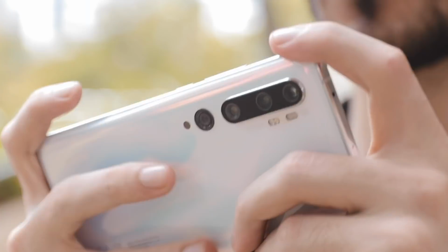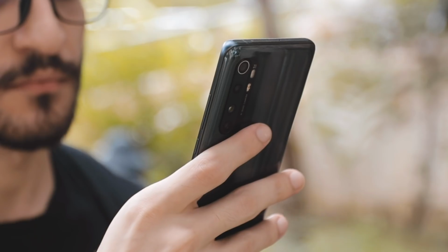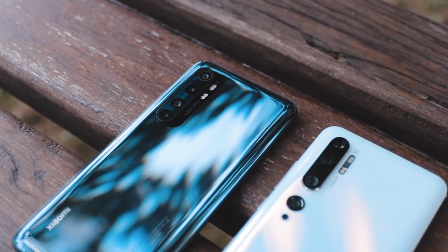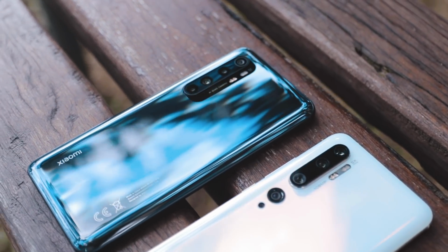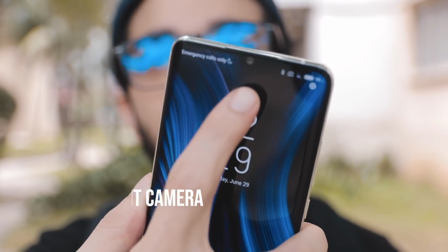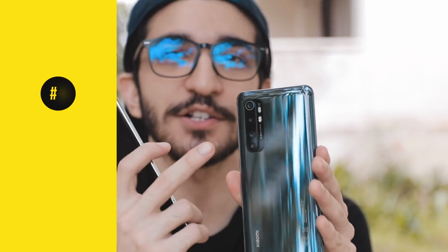Now, holding it in your hand, it feels identical, almost no difference to the Mi Note 10. In your hand, the phone does feel pretty premium, same as the Mi Note 10, and it's quite pleasant to hold and interact with. So the Mi Note 10 had 5 cameras right there at the back, and then the front-facing 1 camera there at the top. The Mi Note 10 Lite has 4 cameras at the back and a forward-facing camera right there in the front. Something that's really great about the Mi Note 10 Lite is that they've moved the ultra-wide-angle lens